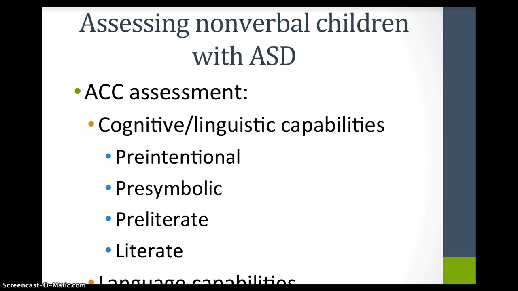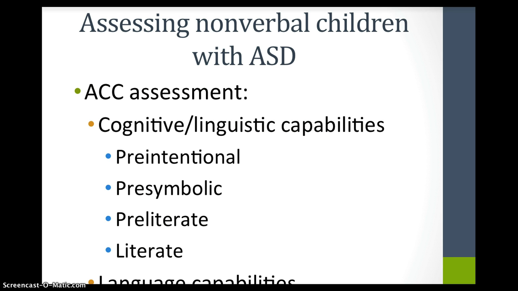For nonverbal children on the spectrum, and back in the day, many children identified with ASD proportionally were nonverbal. That number has decreased so much with the broadened spectrum. But for those children, there's always the assessment in order to determine what kind of augmentative communication devices might be helpful and necessary. In order to make choices around augmentative communication, there has to be a look at the person's intellectual abilities, cognitive abilities, their basic linguistic abilities to begin with, to match those up.